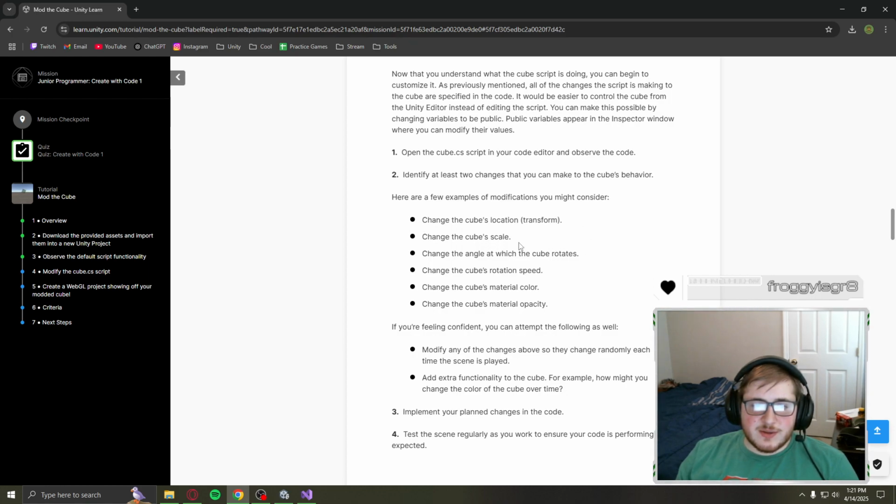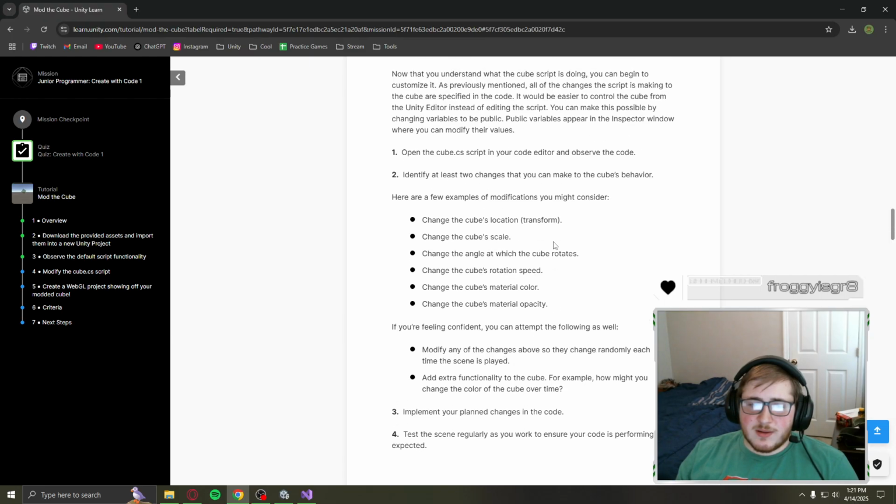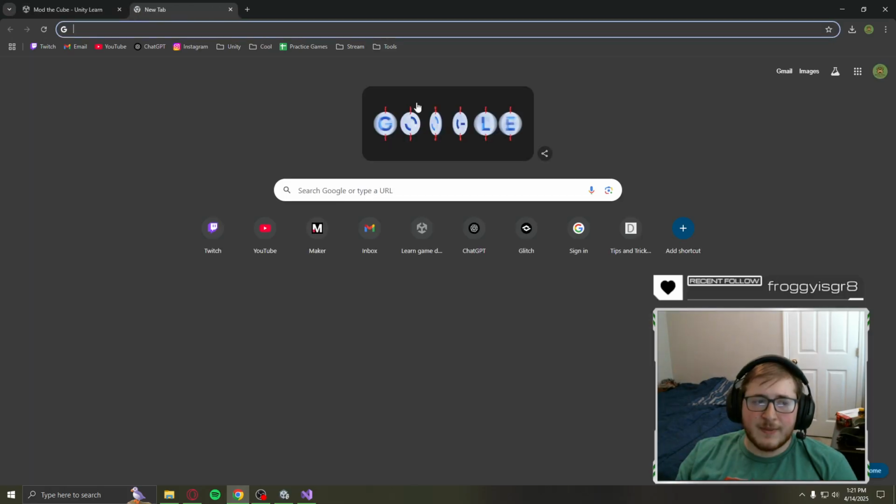So like it says, location, scale, angle, the speed is a little bit different, the material color, and the opacity, those are kind of the material properties. So let's check this out. Let's do